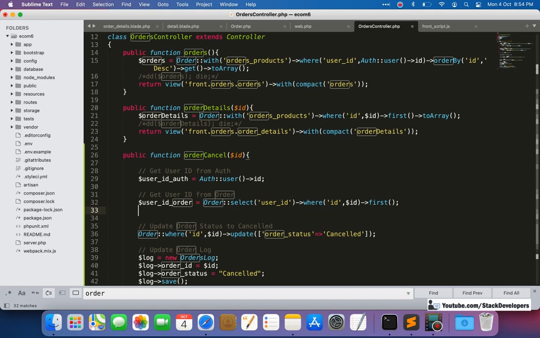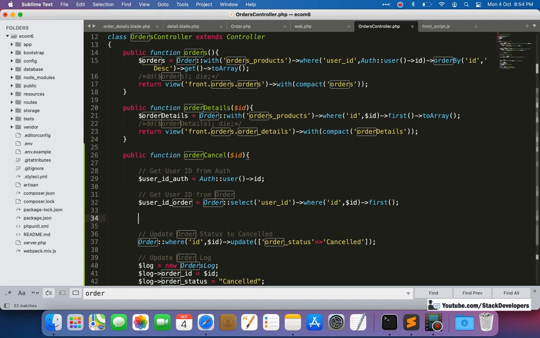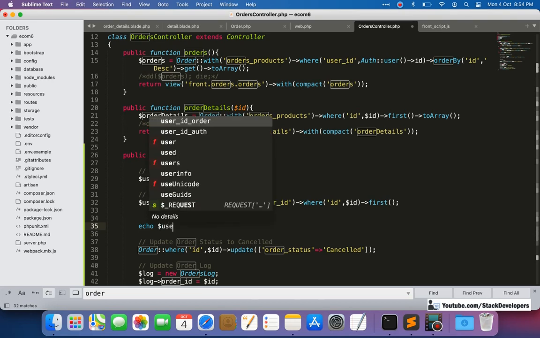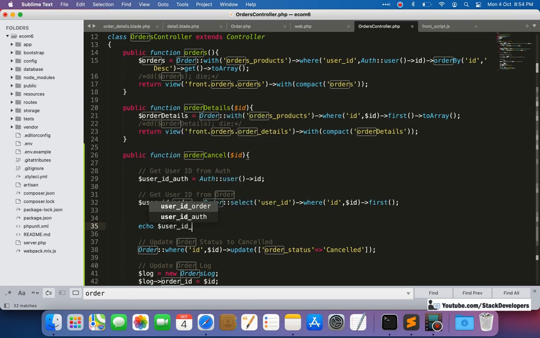Now see, we are having two IDs: the ID from the auth and the ID from the order. First of all, I'm going to show you both IDs here, so that we come to know that both IDs are coming up.